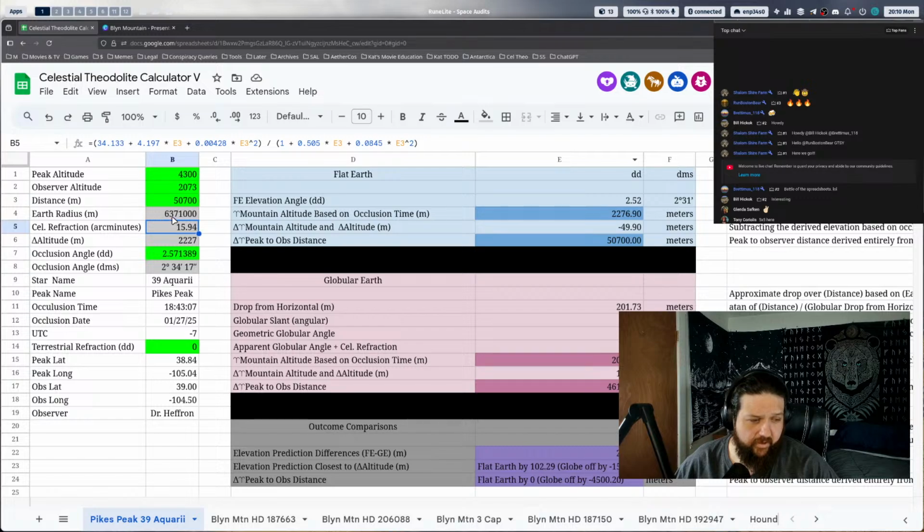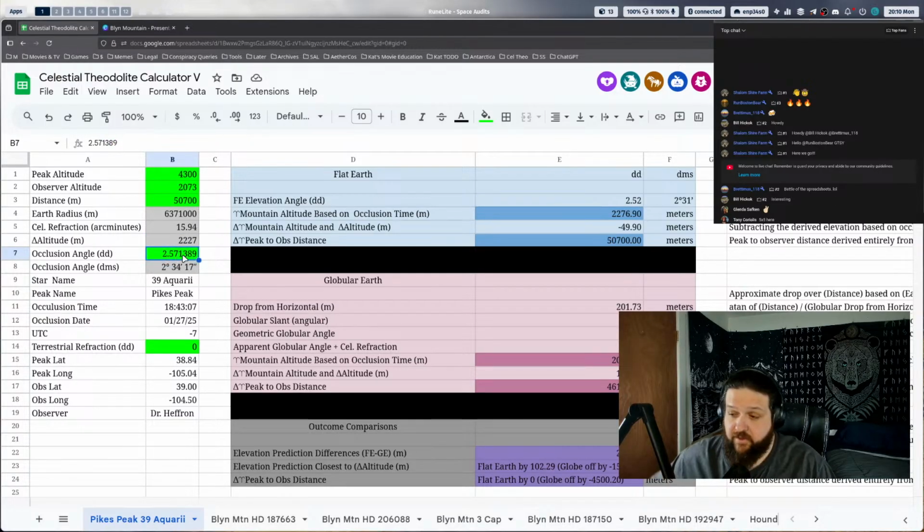For all elevations, it's a general correction formula. So anyway, we're going to be comparing, and we have the occlusion timing. So we have the angle at which the star was no longer visible, where we're going to reference where the true position of that star was, and we're going to do trig off of that true star position. So we've got the name of the star here, the location, all this stuff in your lat long coordinates, and this way people can verify in Stellarium the times of occlusions and positions and all that, to make sure no numbers are being fudged or anything.